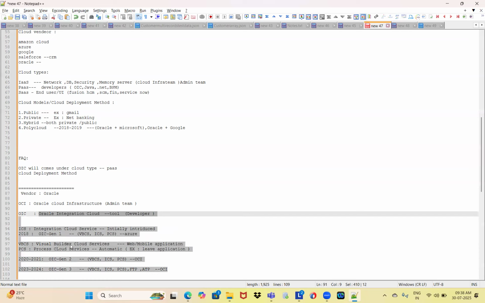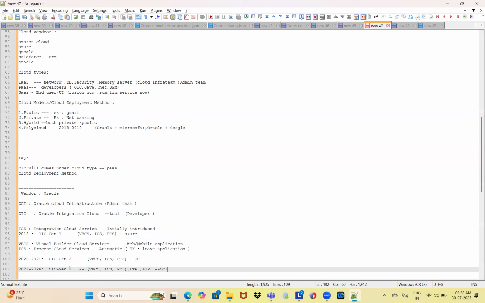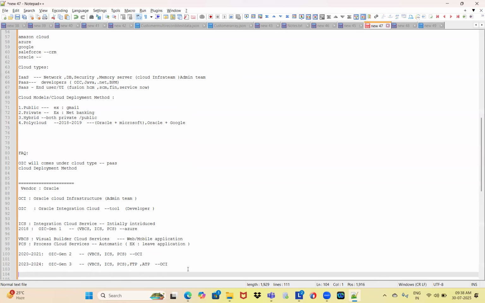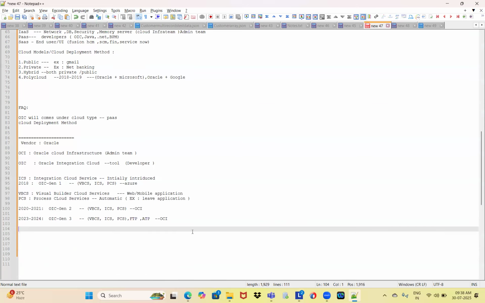So currently in the market we are on OIC Generation 3, and all the developers are working on Generation 3 only.